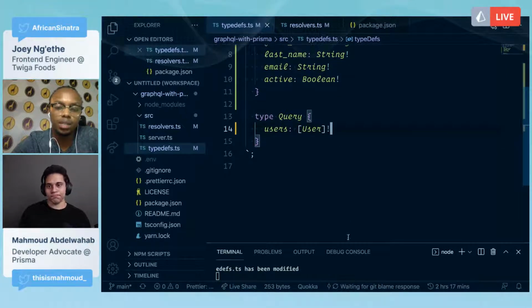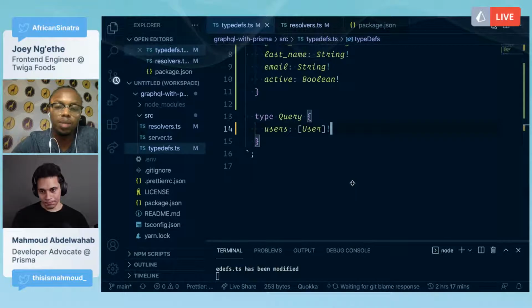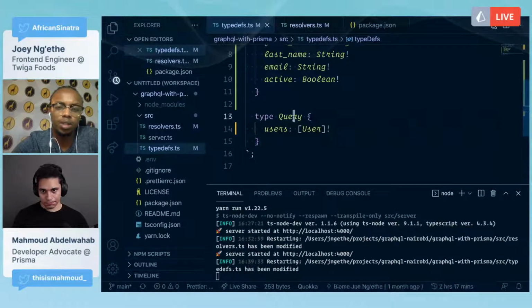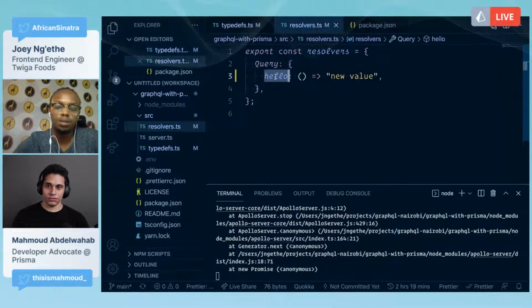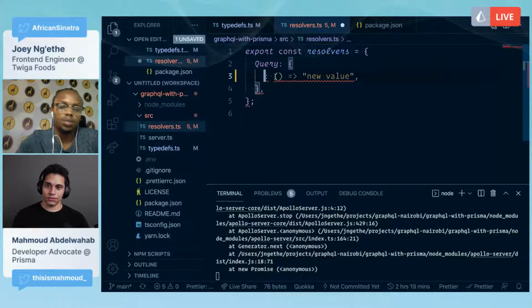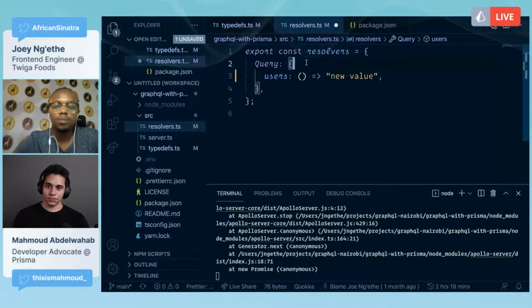So if I save this, our server is going to fail because we've changed our query and we don't have resolvers yet. So we've changed this field. If we go to our resolvers, we have this field, hello, but we've changed this to users.